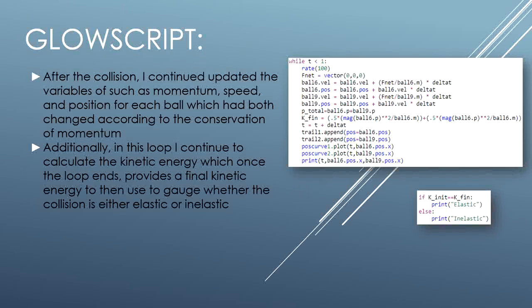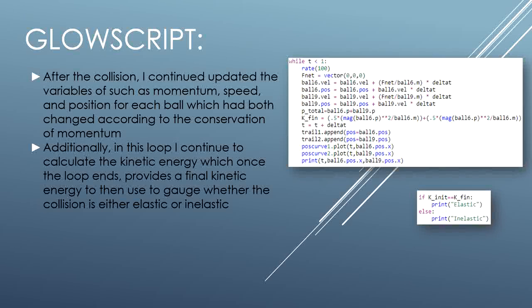Once the collision occurs and the first loop breaks, I then begin a second loop which continues until the t is equal to 1 second, which is the length of my Tracker footage. Similarly, in this loop I continue to use Newton's second law as well as momentum conservation like in the previous loop. However, in this loop I additionally calculate the kinetic energy of the balls using the kinetic energy formula in